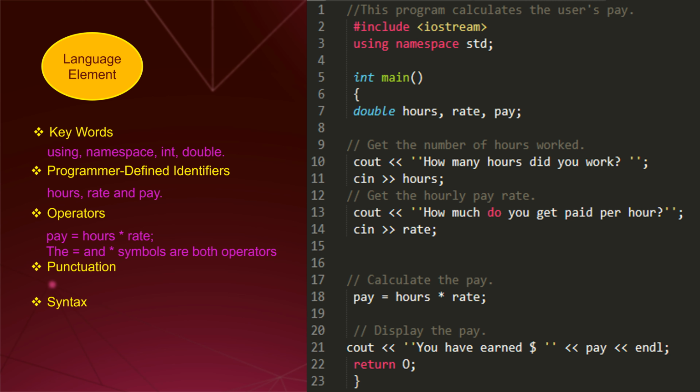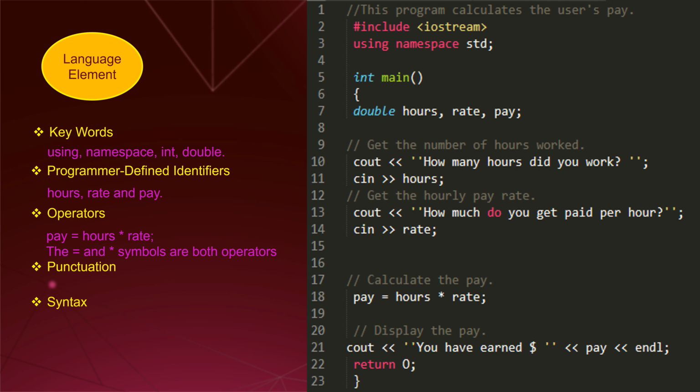It takes the value of the expression on the right and stores it in the variable whose name appears on the left. In this example, the equal operator stores in the pay variable the result of the hours variable multiplied by the rate variable. In other words, the statement says make the pay variable equal to hours times rate, or the pay is assigned the value of hours times rate.